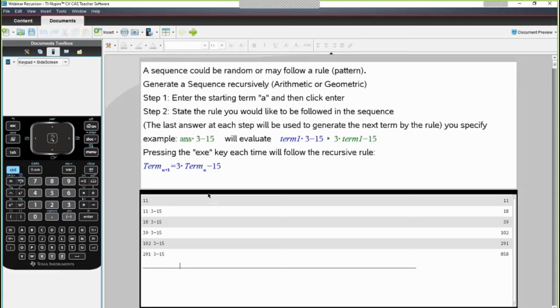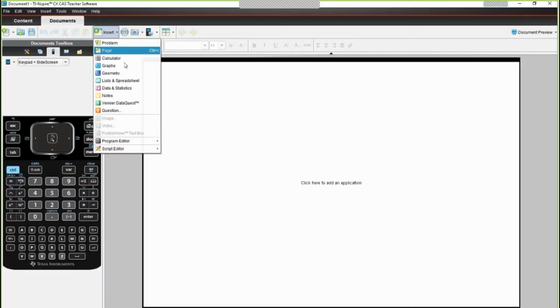The file that I've got over here, the next few pages will have a lot of predefined rules. If students have access to this file, it has all the instructions on the notes page, and they can use it. Last year my students used this and found it very handy. I'll still go through the recursion bit as a starter. We're going to generate a sequence here, and I'll do exactly what Brian did. I'll insert a calculator,